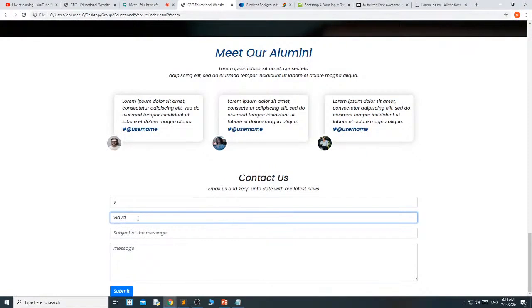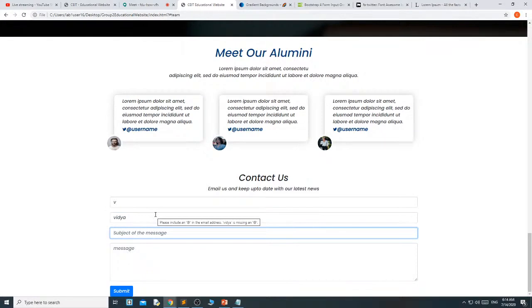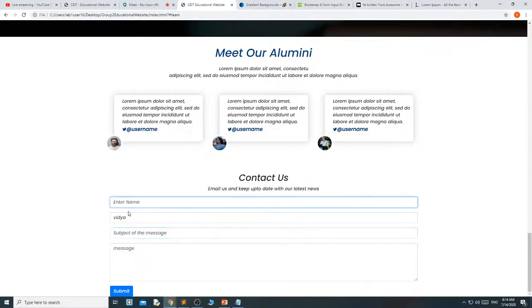While moving the mouse like this, it is known as a tooltip. While moving the mouse you are getting the message. This type of thing is known as a tooltip. When I don't enter anything and click, this is the validation error, but this is the tooltip hint: please fill out this field. This is known as a tooltip. This is by default in HTML5. It means we have successfully designed the contact us form.